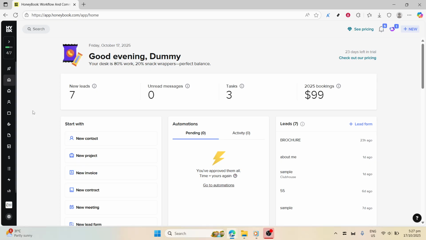To begin, you'll need to log in to HoneyBook. Open your web browser and navigate to honeybook.com. Once there, enter your credentials to sign into your account. If you're new to HoneyBook, make sure you're using the email and password you set up during registration. It's a good habit to check that you're logging into the official site, as it ensures the security of your